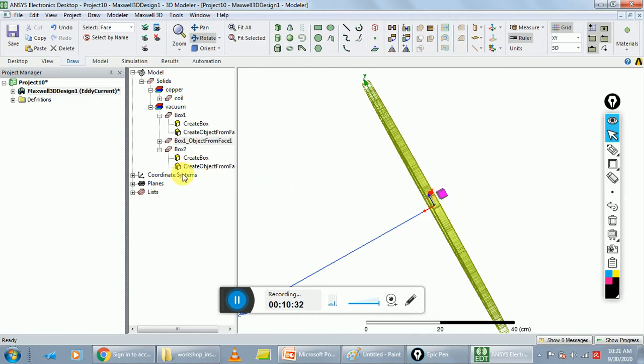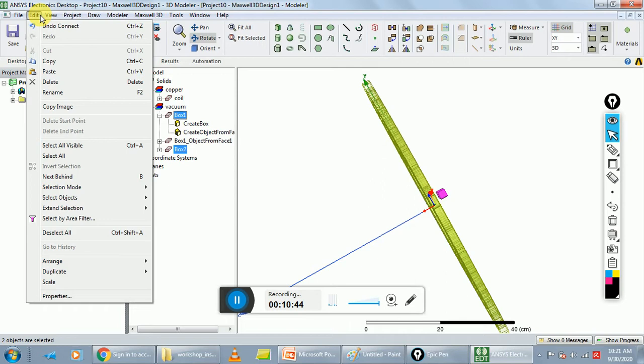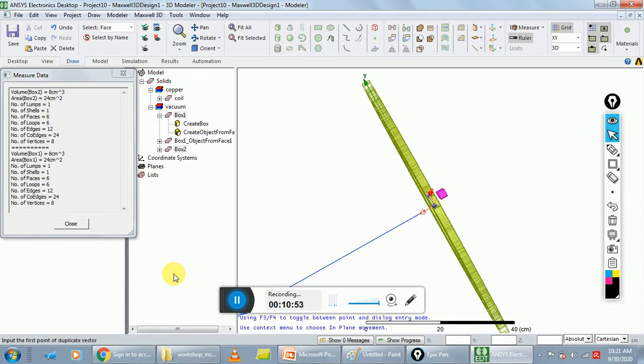For duplication of the boxes, select Box1 and Box2 from the history tree and go to Edit, then click Duplicate along line.